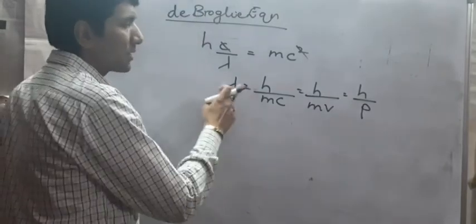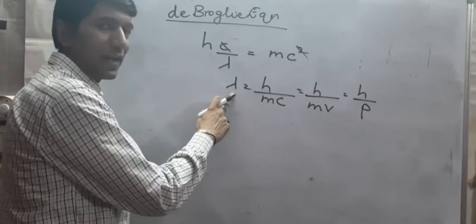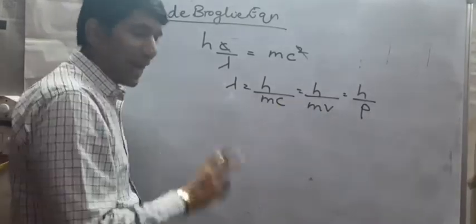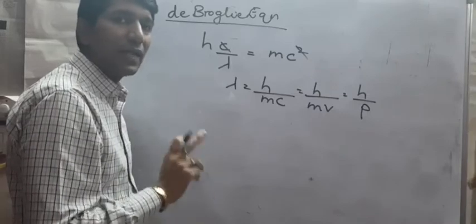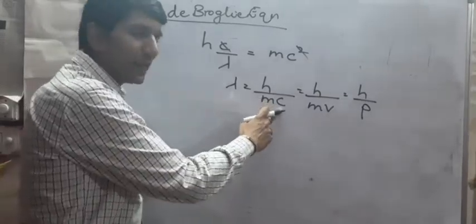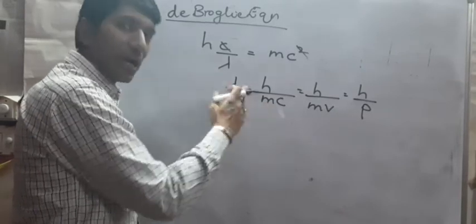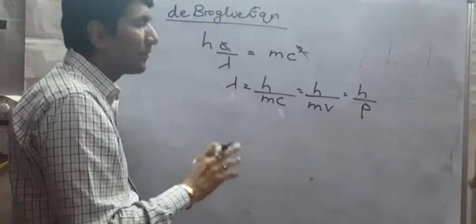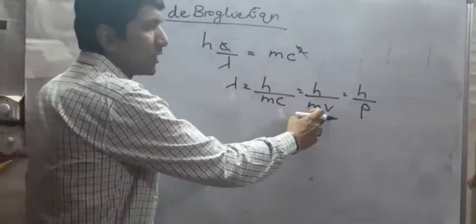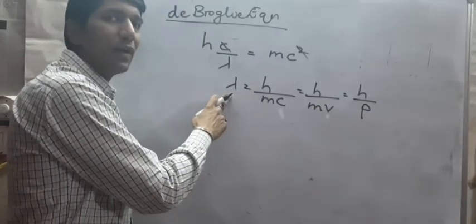Okay, so there was a relation which was created between lambda, which is the wavelength of light, and the velocity of the electron. So as long as the velocity of the electron is equal to the velocity of light, then we put in the value of c. Otherwise, whatever is the value given in the question in terms of speed, that is what you need to put in here, and you will get the value of lambda.